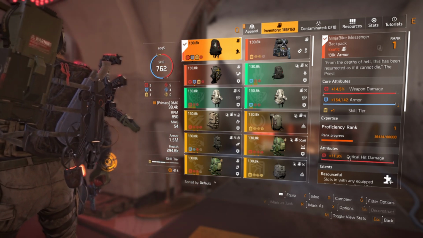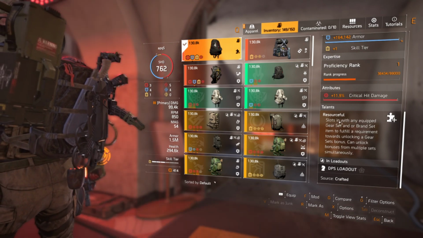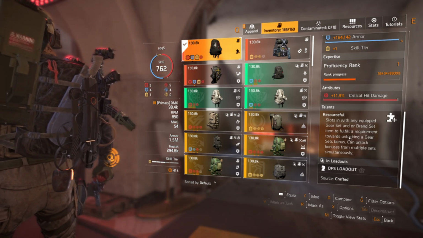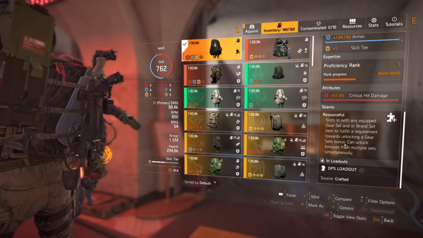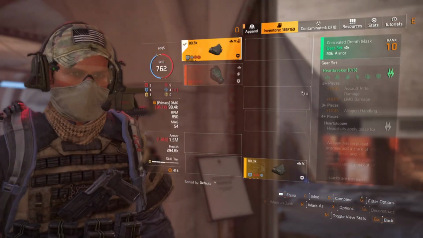I have a 11.9% crit damage mod, and it comes with the talent Resourceful. So it slots in with any equipped gear set or brand set item to fulfill a requirement towards unlocking a gear set bonus. So it can unlock multiple bonuses at the same time, which is why, let's say I have, for example, just to explain it a little bit better,